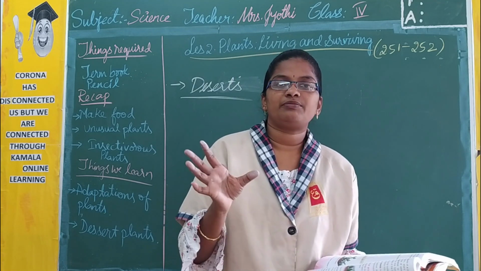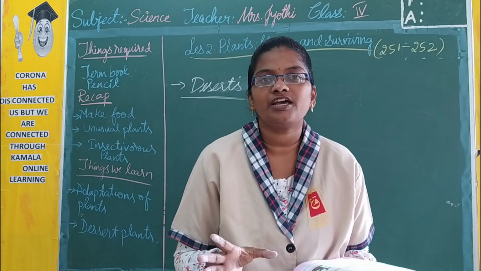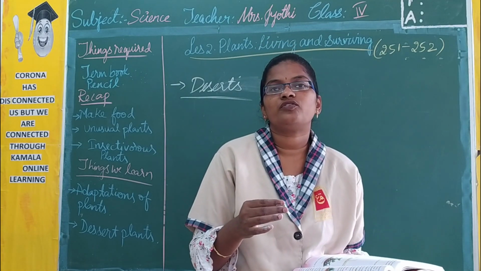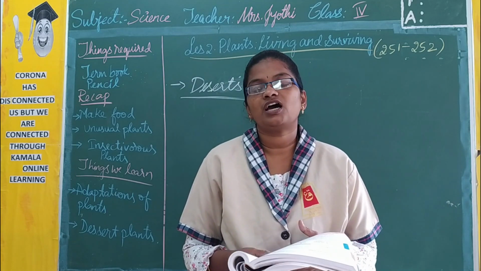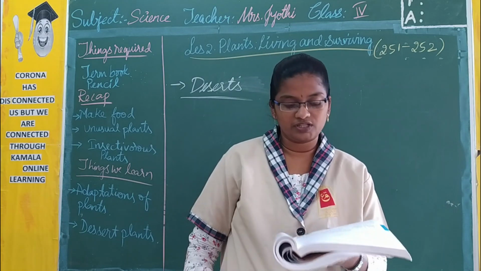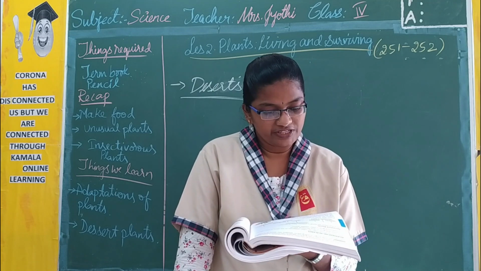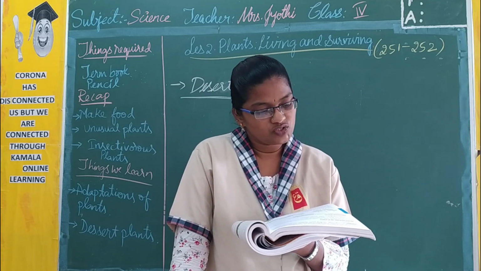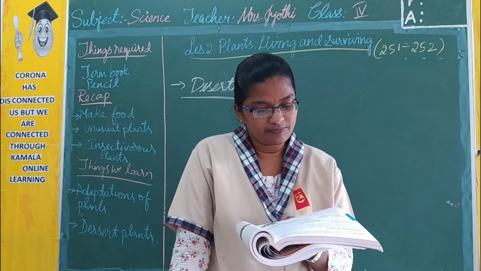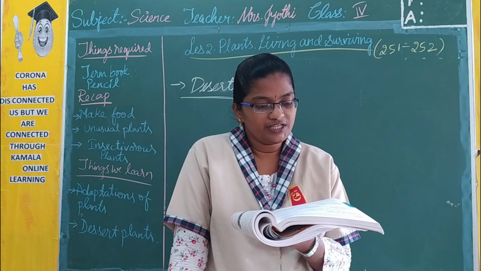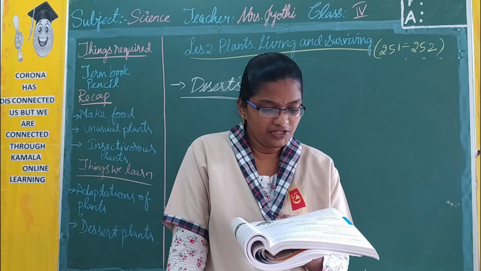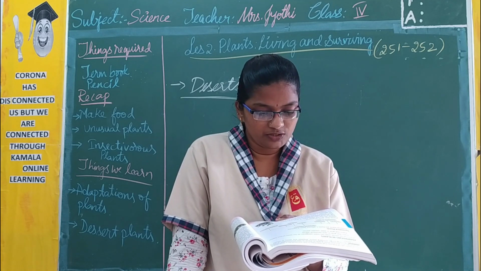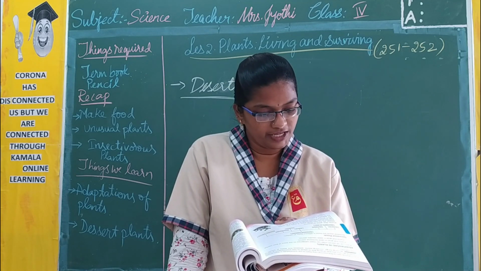So here the climate is very hot during the daytime. So the plants living over there are going to show these kinds of adaptations. So let us see how the plants are going to grow over there. What are their adaptations? For example, a cactus shows the following adaptation. It stores water in its thick, green and fleshy stem. It uses this stored water to survive when there is low rain.